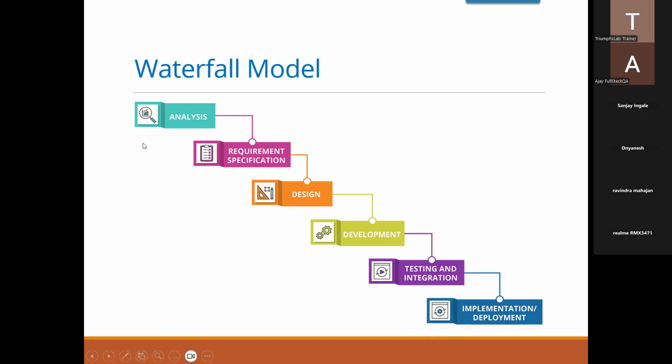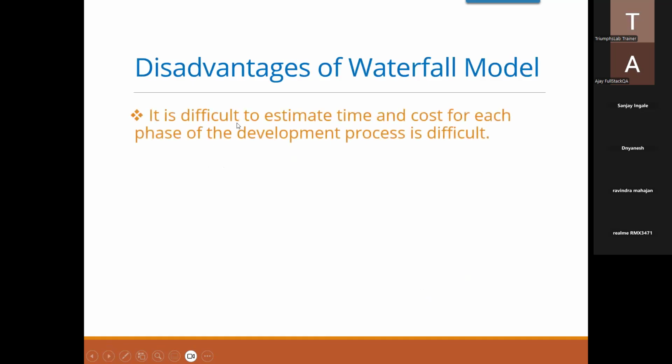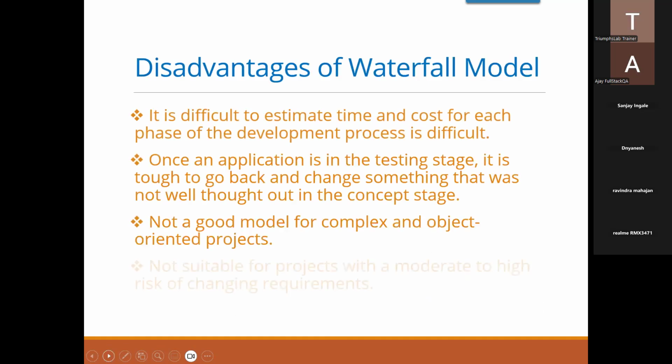But now you can understand, let's say I have a software company and I have 10 developers. One will be responsible for collecting requirements, one will be designing, two or three developers will be there, one DevOps engineer, and two testers. If the first person is working, the rest of the team is idle. So this approach needed to improve. You can see these are the disadvantages. It is difficult to estimate time and cost for each phase of the development process. So we had a lot of drawbacks with this model.